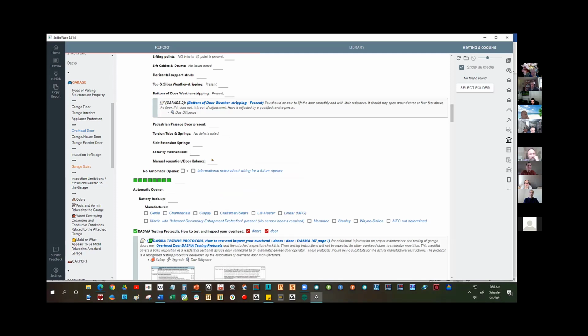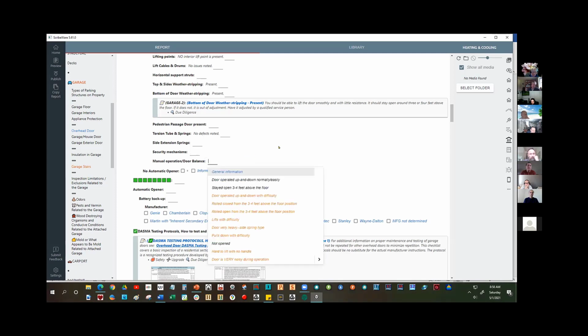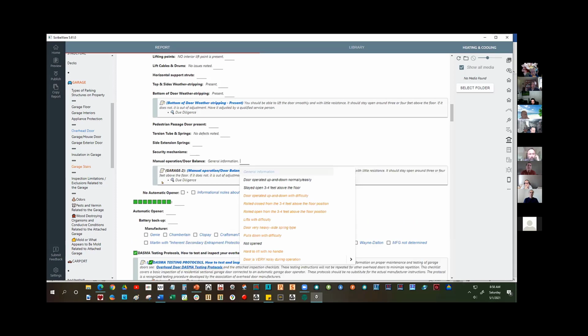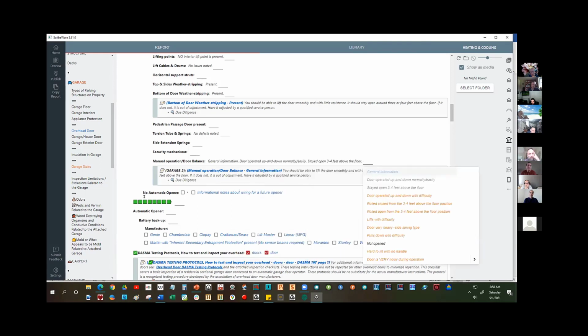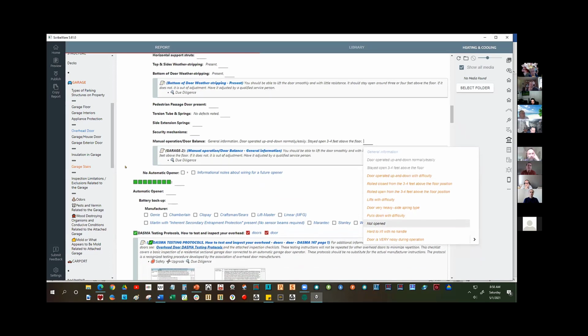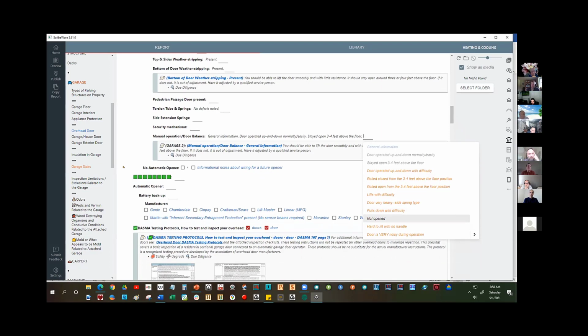Manual operation and door balance. This is going to apply whether it's got an opener or not. So you get your general information. Door operated up and down normally and easily. Stayed open 3 to 4 feet. So that's going to eliminate all these things that would be problematic with a door. Brand new door. So this was a great example of just how to go through the process rather than